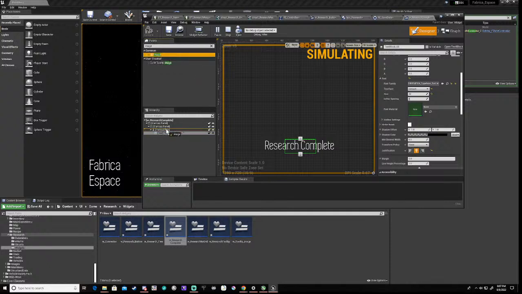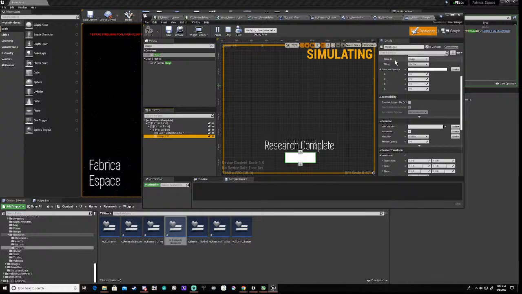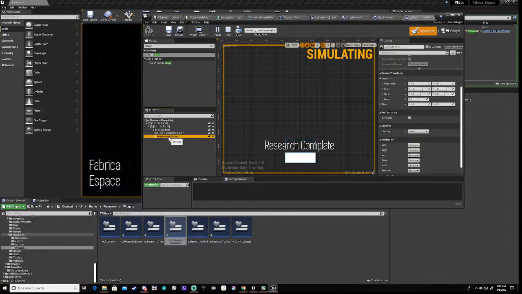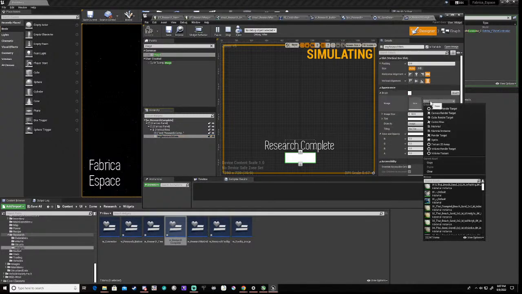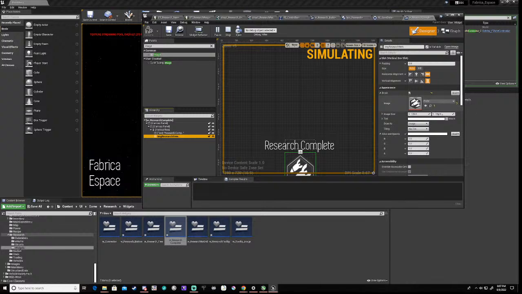So we are putting this in the vertical box, and this is going to be img research item. And just for a laugh, what we'll do is probe. This is going to give us an idea of what we want, right? So that's going to be,